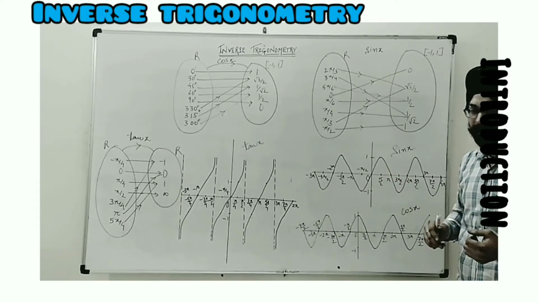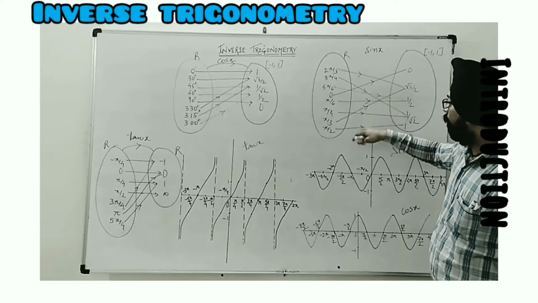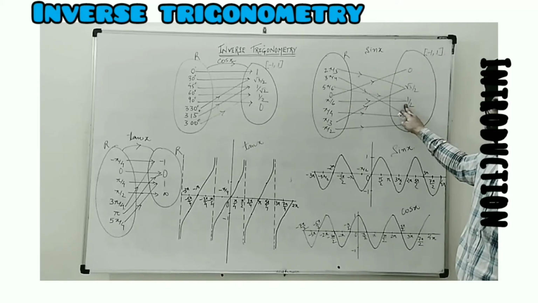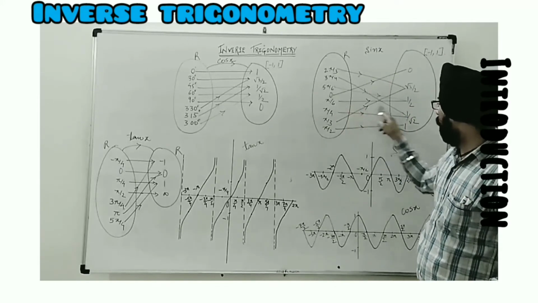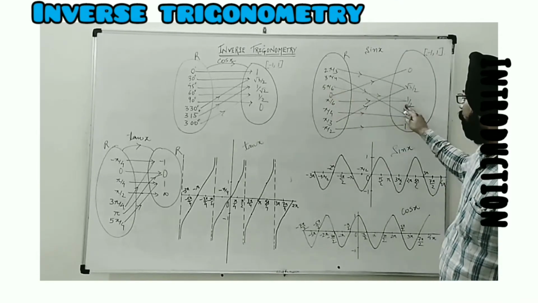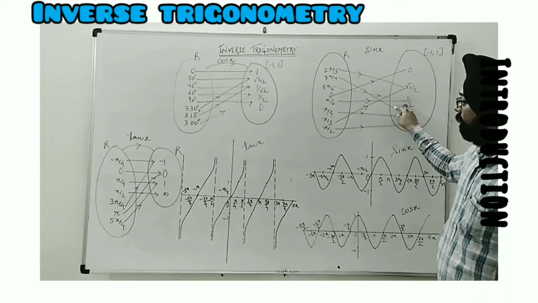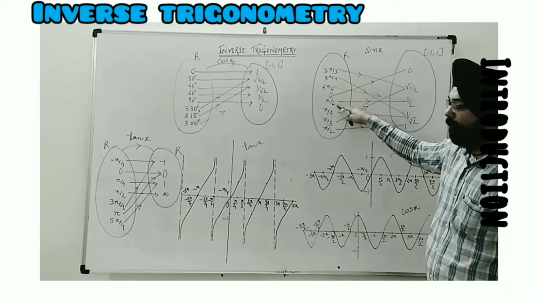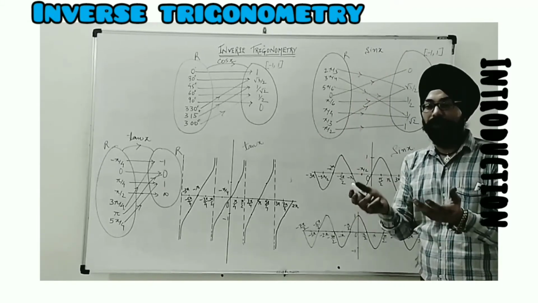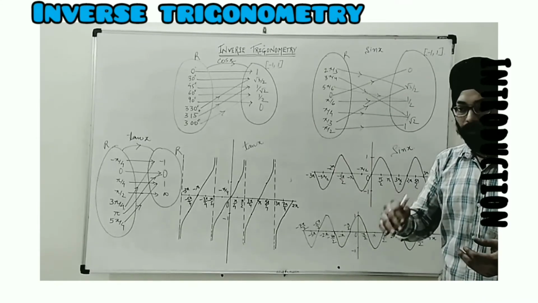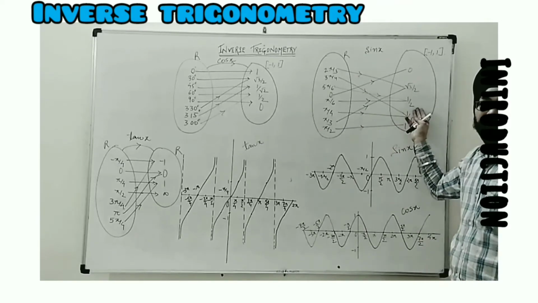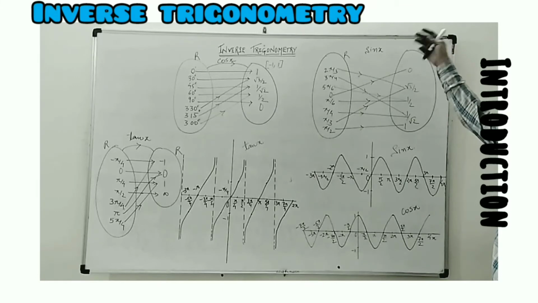You have seen the standard value table. In it, the value of sin pi by 6, which is 30 degrees, is 1 by 2. But the value for 5 pi by 6 is also 1 by 2. So 1 by 2 is the image of both 5 pi by 6 and pi by 6. I have taken these values between 0 and 360 degrees only. If I go beyond 360 degrees, or in the negative direction beyond 0, you will see that I still have 1 by 2 as the image of many angles.